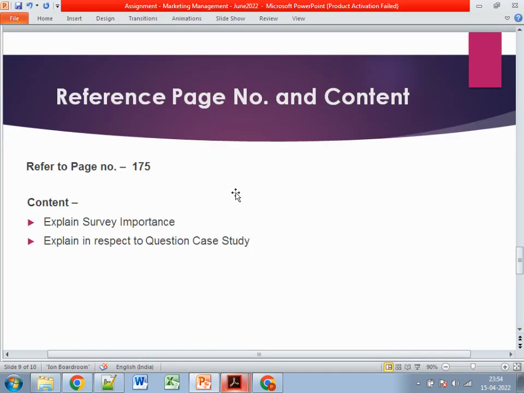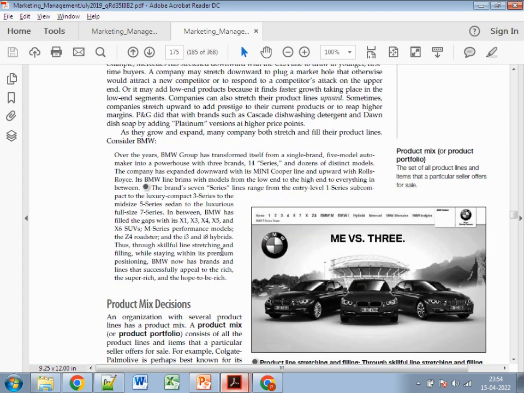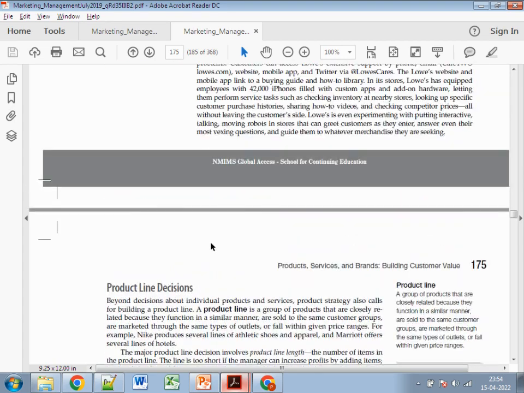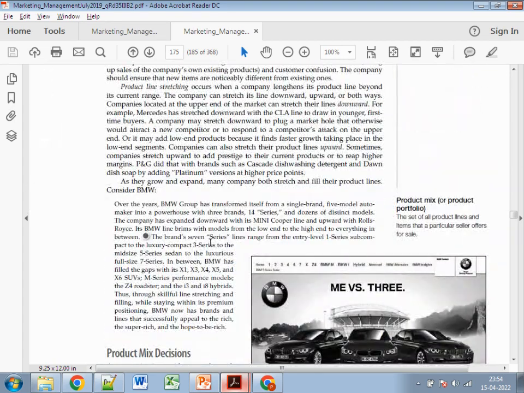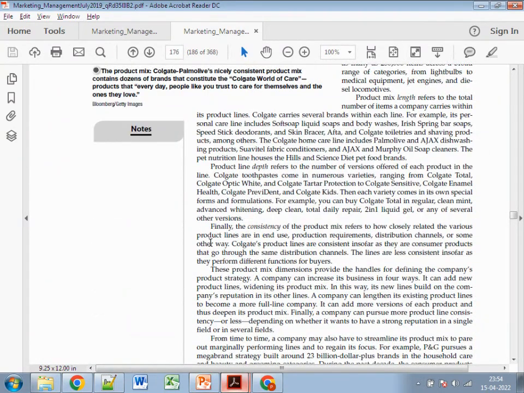I think you need to refer to the page on survey importance. I'm not sure that page number 175 is the correct one; maybe I need to double-check. So this question is not available in the book. For the 10-question questionnaire, you need to put in some questions like